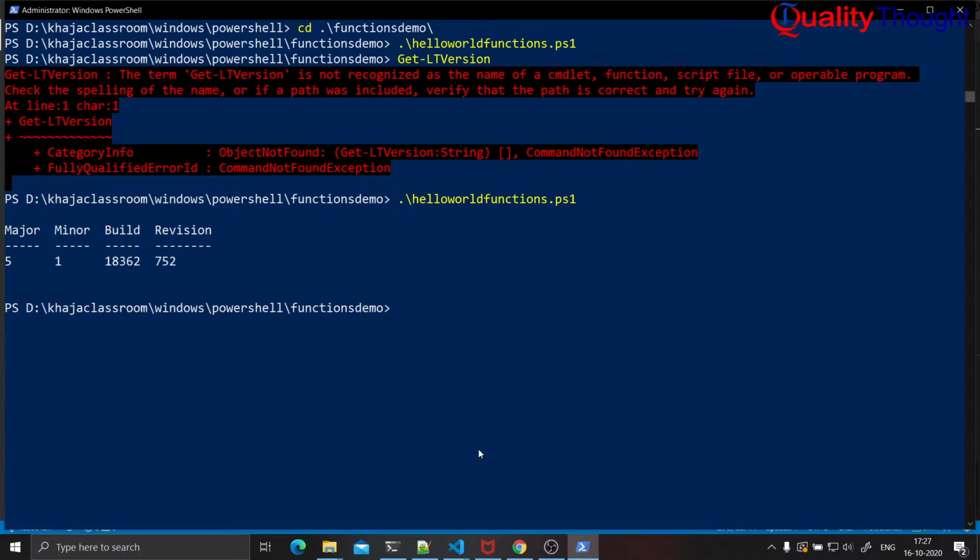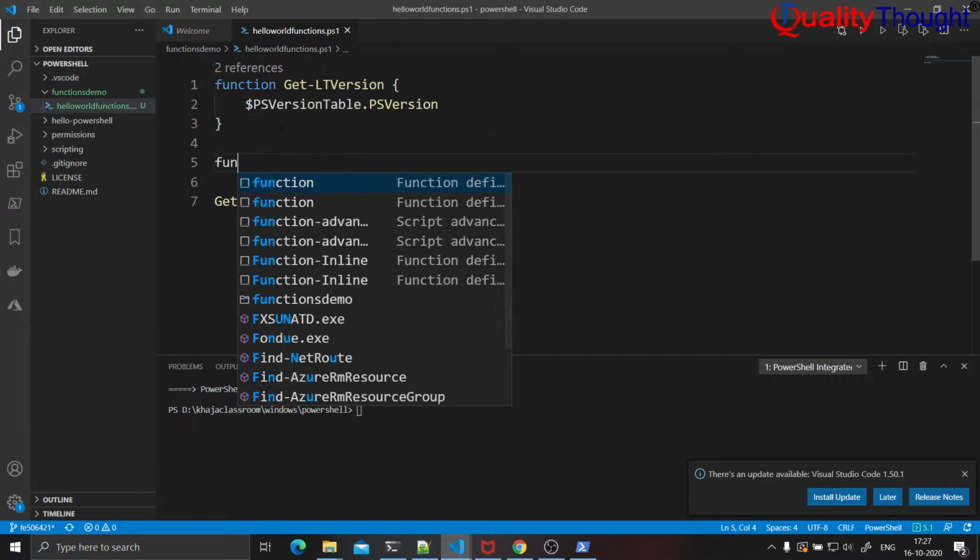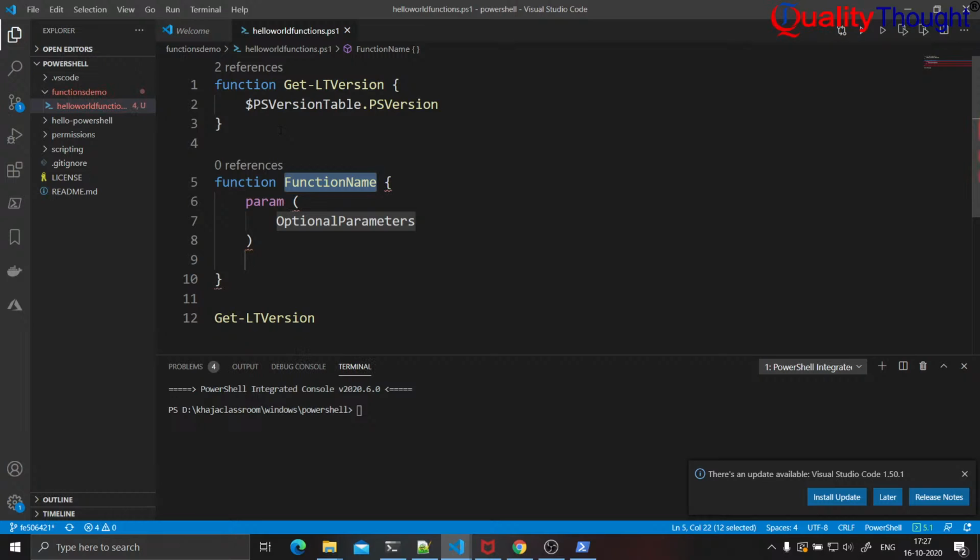But the whole idea, as I said, is that we should be doing more with respect to function writing and all of that stuff. We will be writing a lot of functions as per our needs. So now let me write one more function, and this time I'll take parameters. I'll use the same stuff, function. What should I write? Add-LT